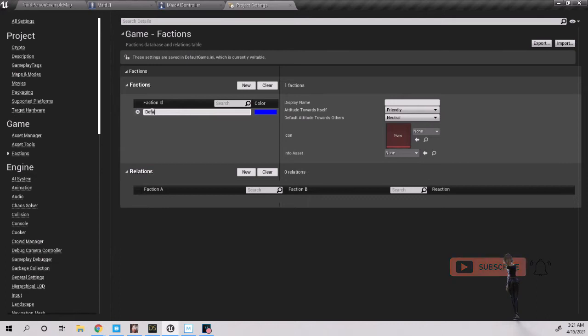Double-click Default and name it Guard. Add a new faction and double-click to name it Enemy. Click Guard and change the display name to Guard, leave its attitude toward itself as Friendly, and set the attitude